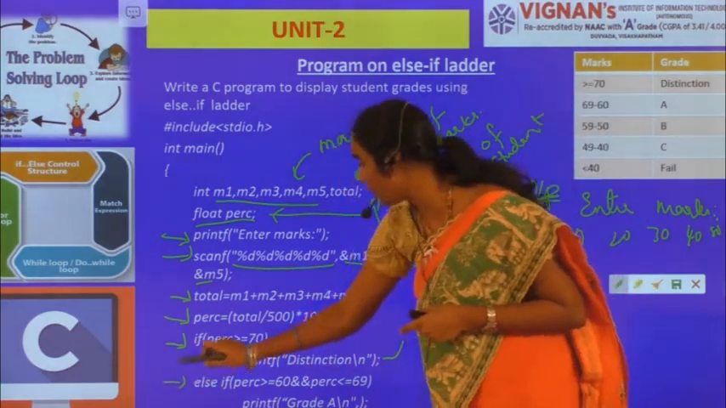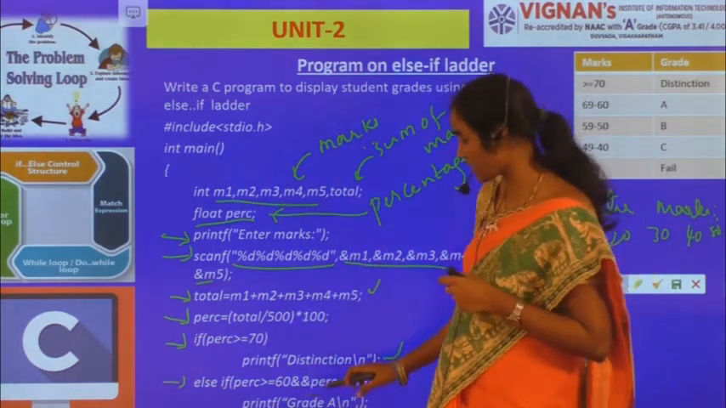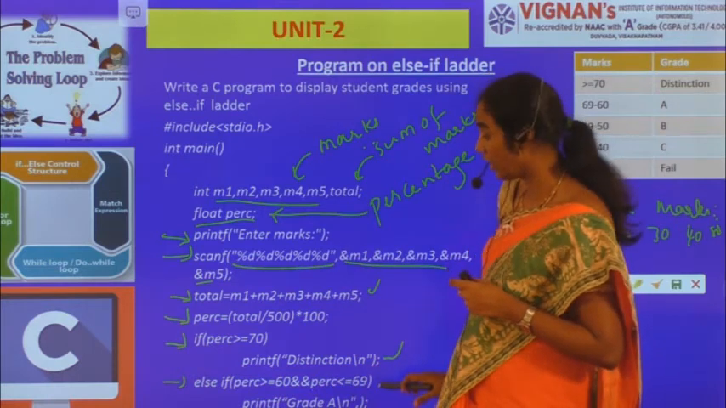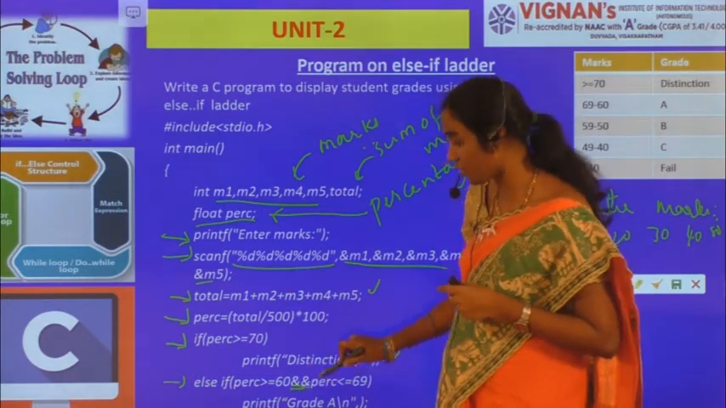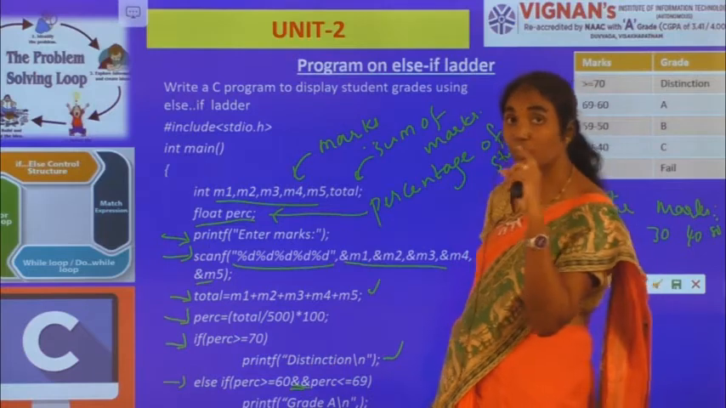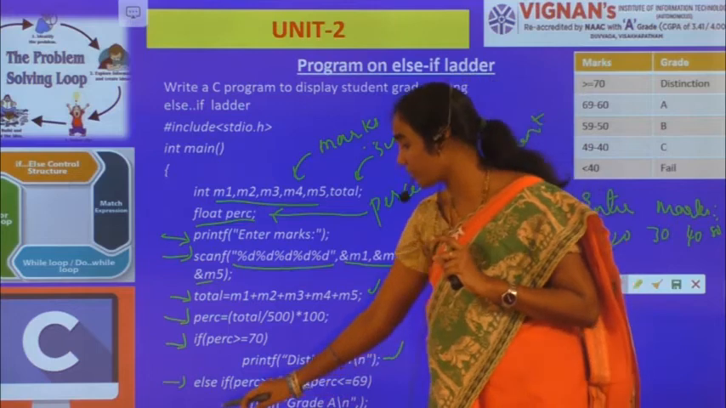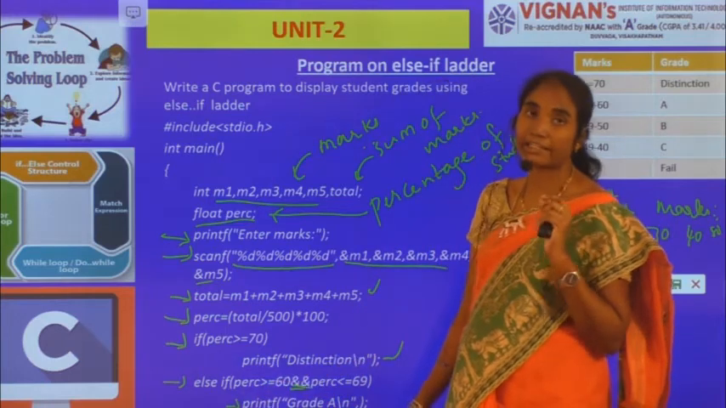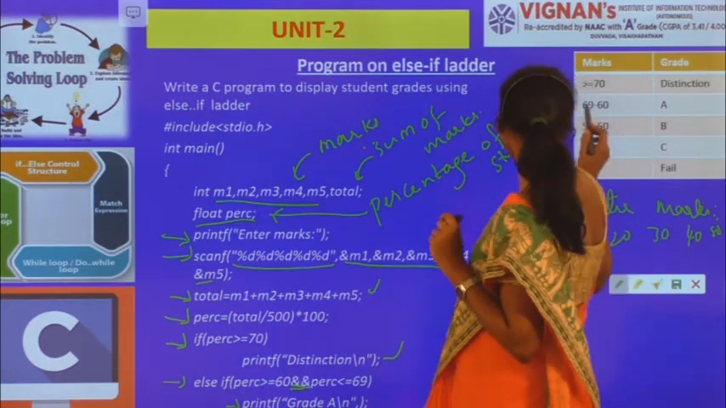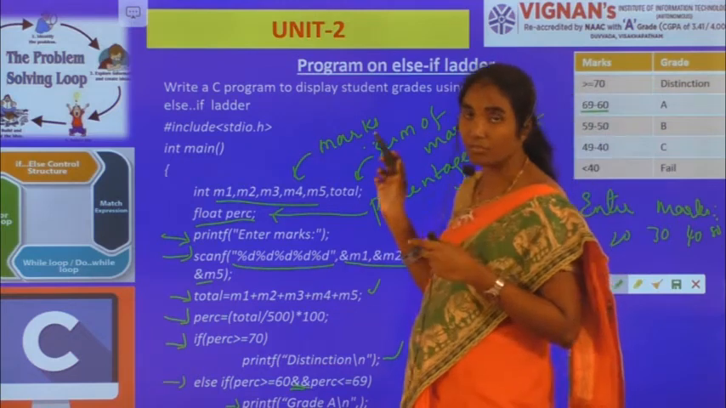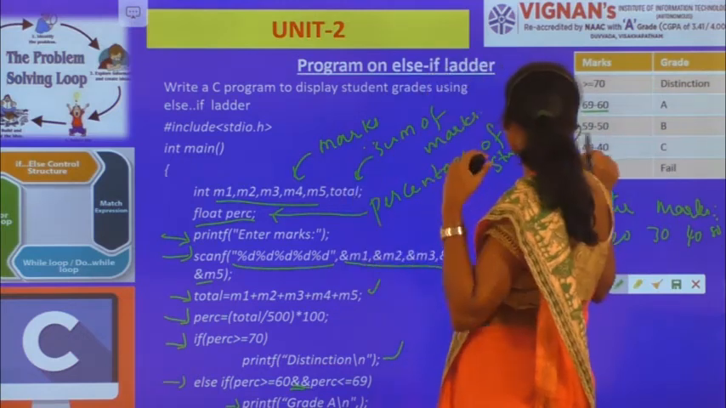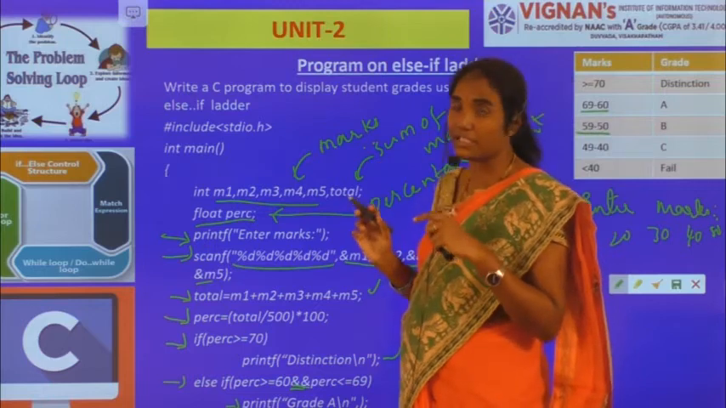Now else if the percentage is greater than or equal to 60 and less than or equal to 69, then here I have used the logical AND symbol. Why? Because I am checking both the conditions. If both the conditions are evaluated to true, then only this statement will be executed, that is grade A. Because here both 69 and 60 are inclusive, and even 59 and 50 both are inclusive, please remember,